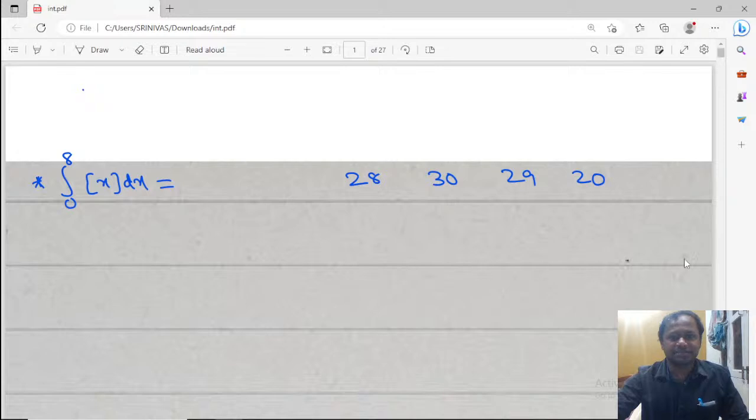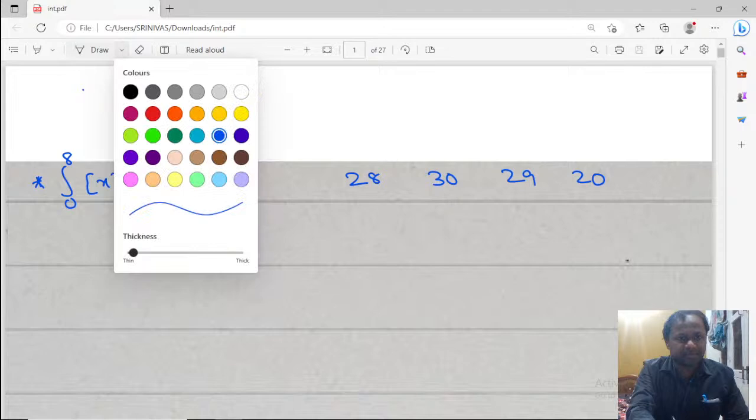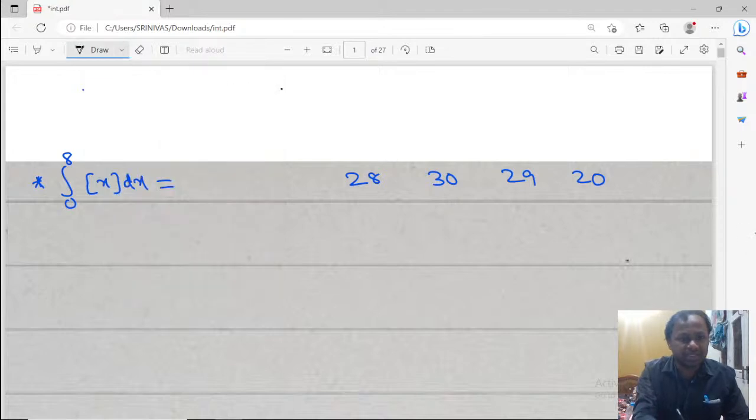See this. What is the question? Integral 0 to 8 of the step function of x, greatest integer function of x dx. That is the question. First of all, I will use a general procedure and after that I will use a shortcut method. Okay. So integral 0 to 8 of step function of x dx, we can write it as,